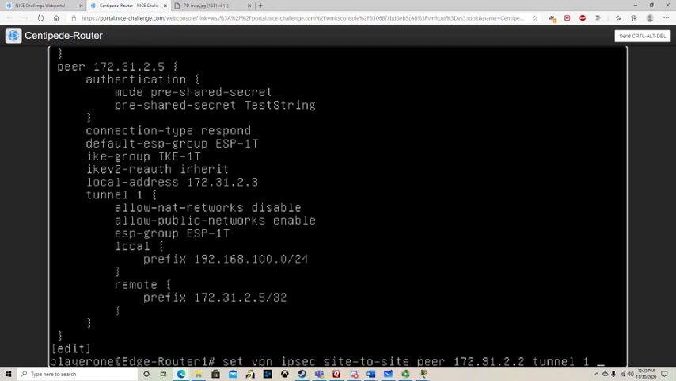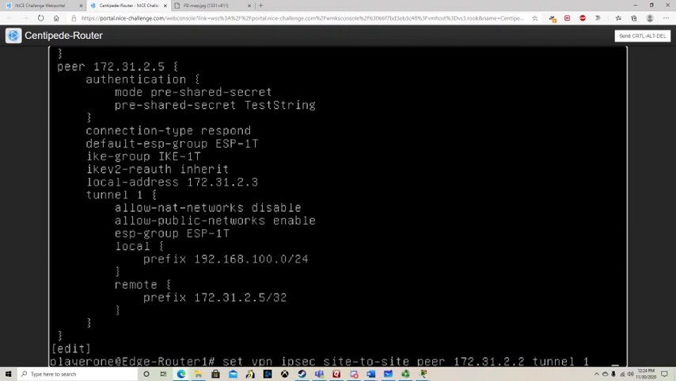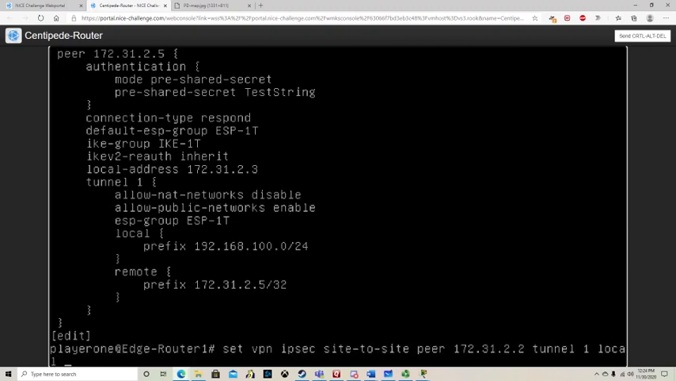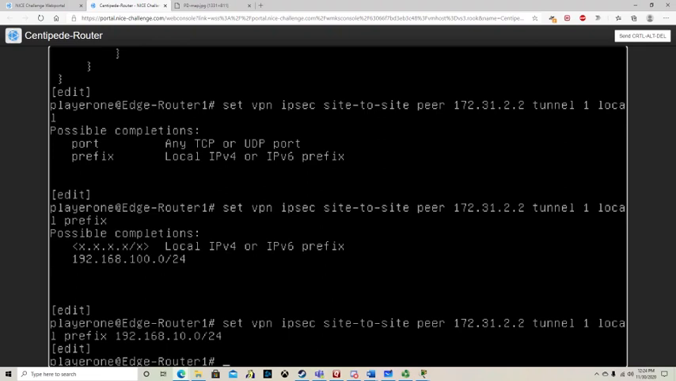So if we were to go back to, say, needing to make a change on that, we need to go to our set VPN IPsec site-to-site peer, specify the peer we want to look at, which is 172.31.2.2, tunnel 1, because that's where we want to make the change next. Then we're going to be changing the local prefix, which is our address. So we say tunnel 1 local prefix, and then we're going to change the IP address to be the correct range, which is 10.0/24. So now the next thing to do, once I do that, is look at my show command again,